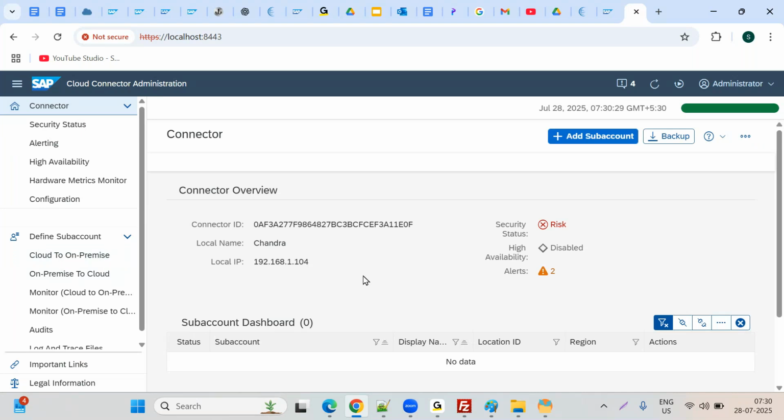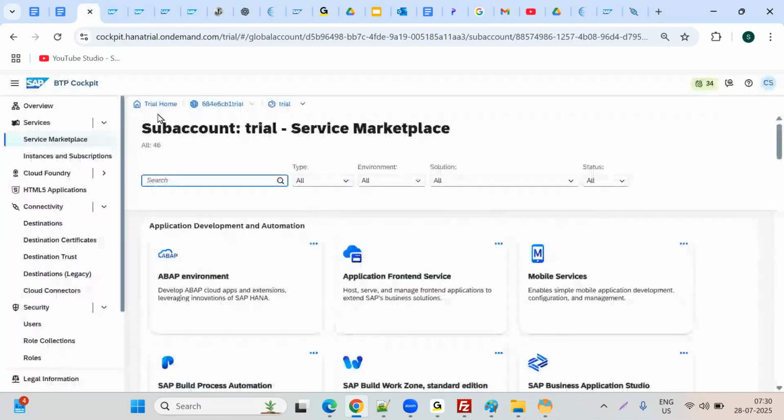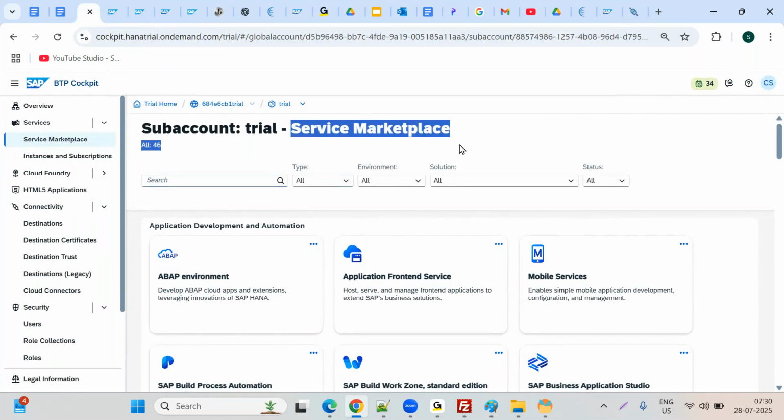Now let's go to the connector. When you are using Cloud Connector, first you have to establish connectivity with your sub account of the BTP. So how do you establish the connection and get these details? First, you can just click on